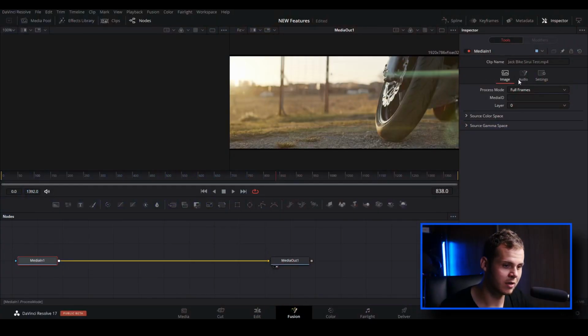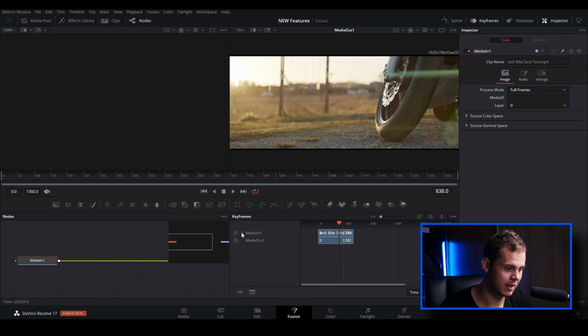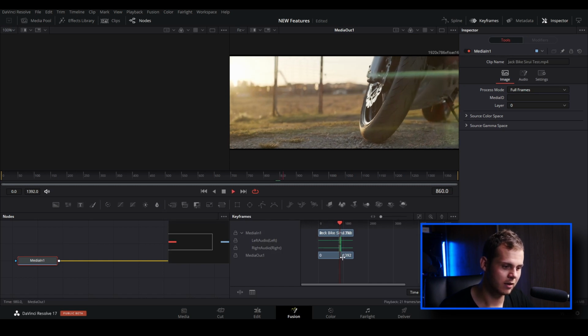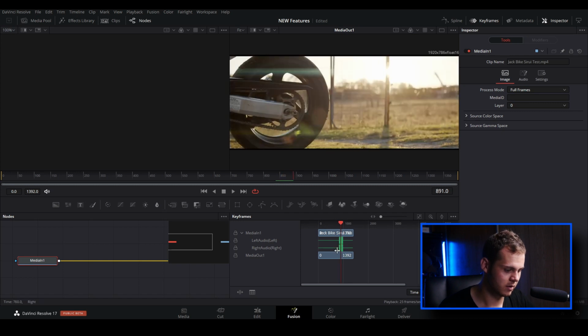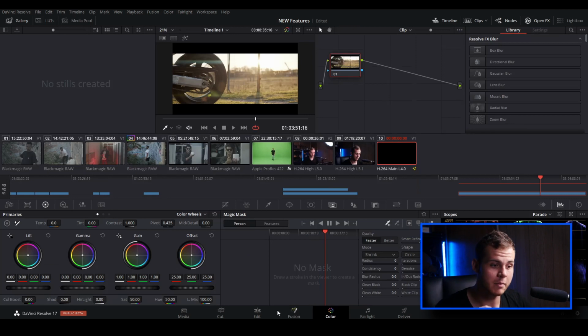of a song. You can now go into keyframes, and when we go to the drop down menu for media input 1, we've got audio left and audio right, so we'll just play it back, and you can see it's updating the audio waveform. So now when you go and animate, you can easily sync it up and be able to listen to playback. Then now I'm just going to go to the color tab, and there are heaps of new